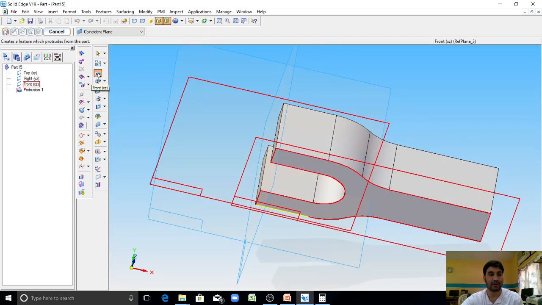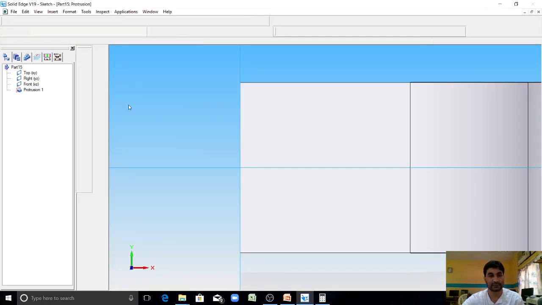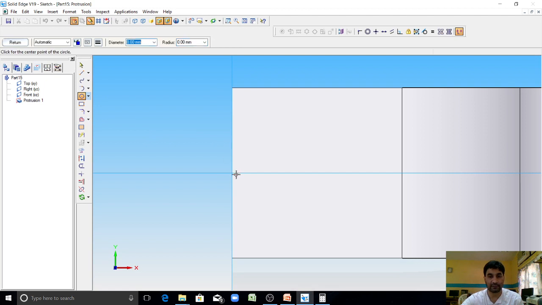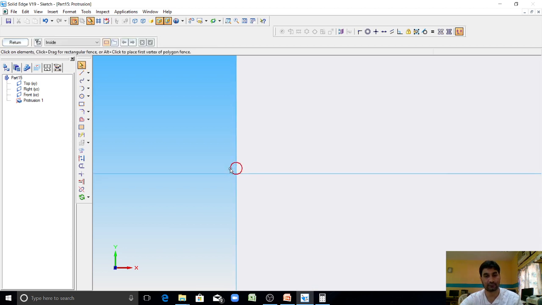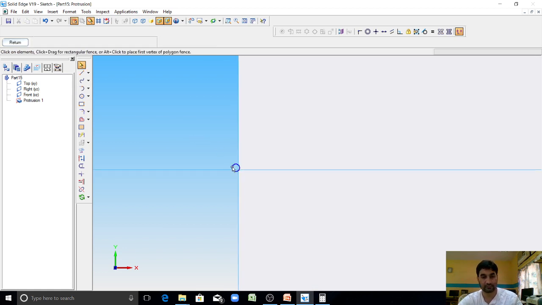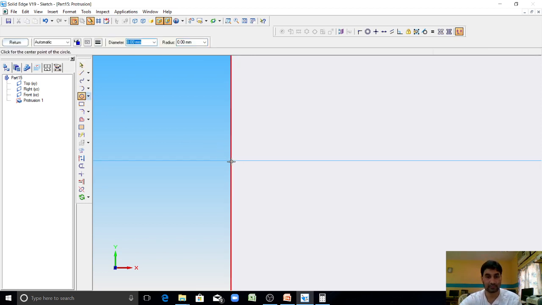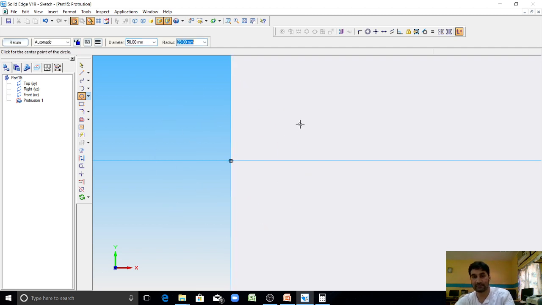Now click on protrusion command, select this surface. Now you draw a circle from this center, a circle of diameter 50.